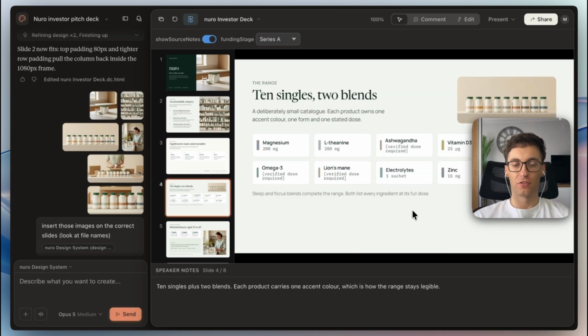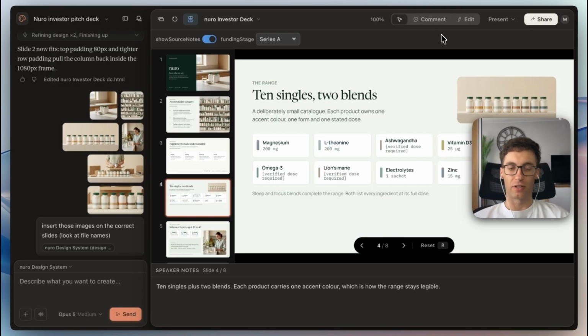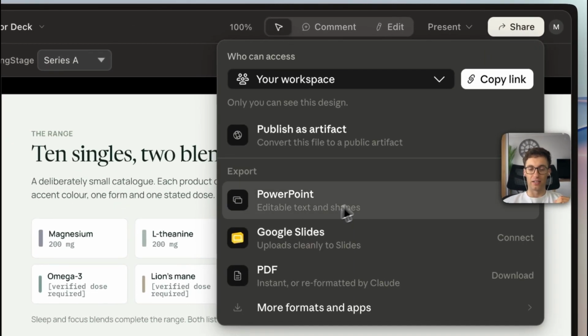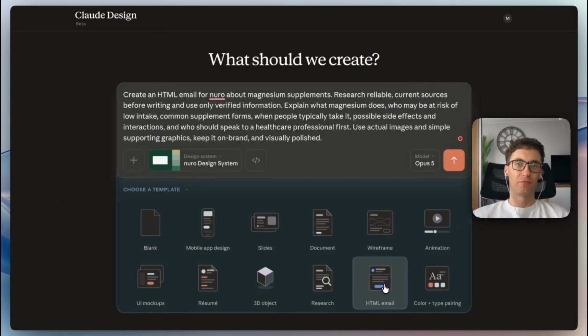And the same kind of editing logic applies here. So I can click on comments to add comments. I can edit the slides myself. And then after that, once I'm happy with the design, I can click on share and export as PowerPoint or Google Slides. So there's one more thing that I want to create with Claude Design, and that's going to be